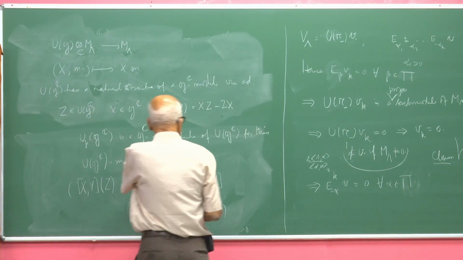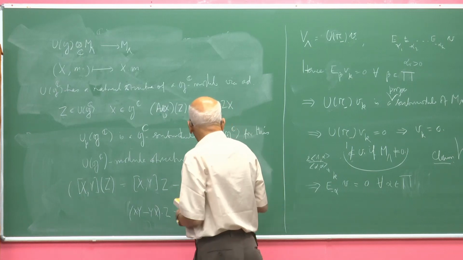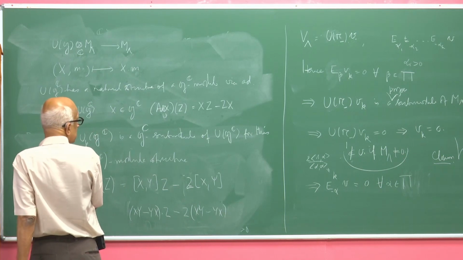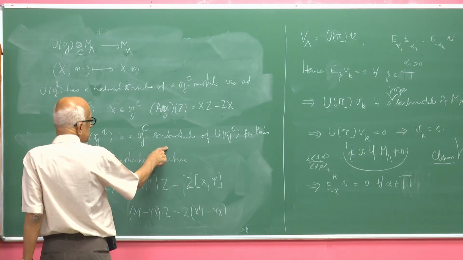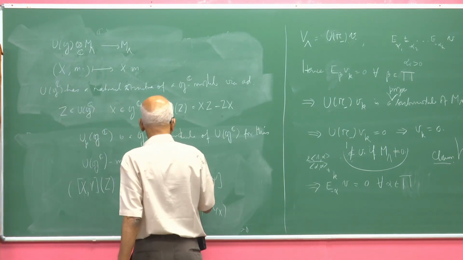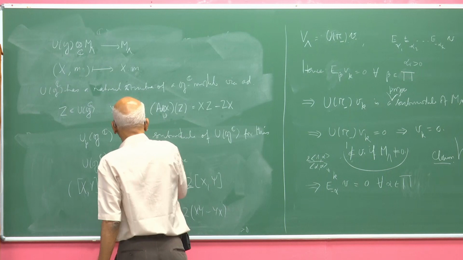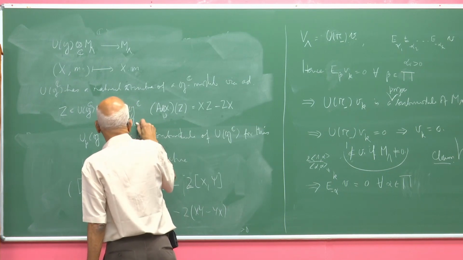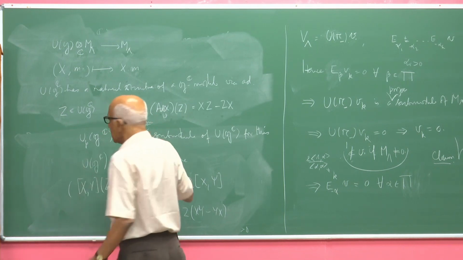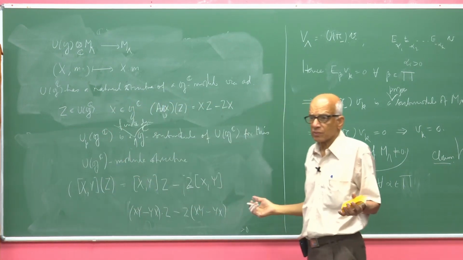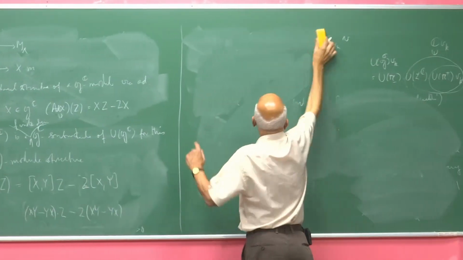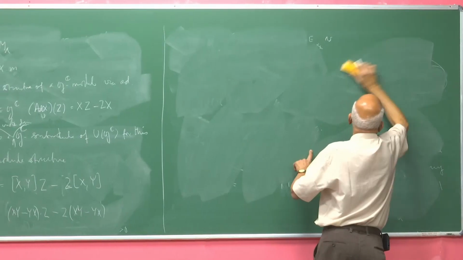So what happens is this UPGC is a UGC submodule, and notice this is finite dimensional. So for this UGC module structure, it is actually a finite dimensional submodule. Each UPGC is finite dimensional. So now if you look at this map, I claim that this is a GC module homomorphism, because